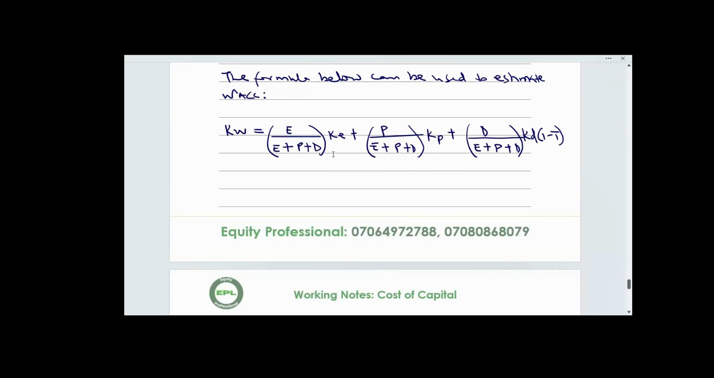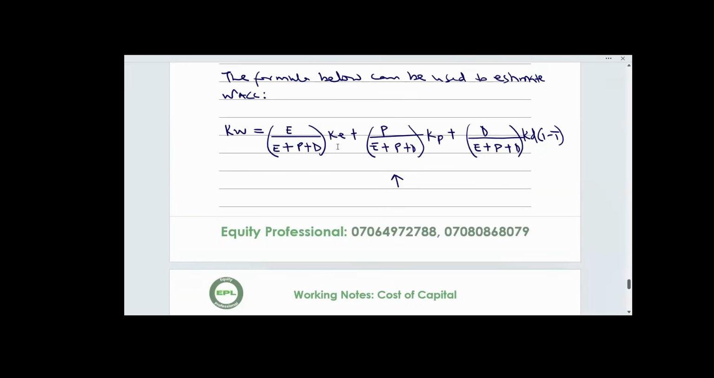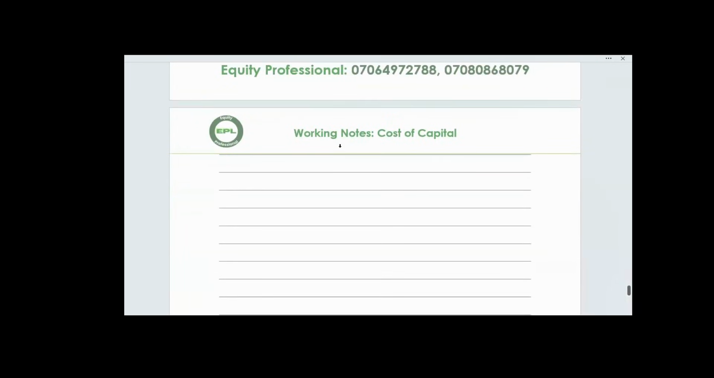This is the ideal formula. But in most cases, the one you have in the middle may not be there. If you don't have preference share in the capital structure, then it will just be this and this alone. So the one in the middle will not be there. All right, so let me define the variables where